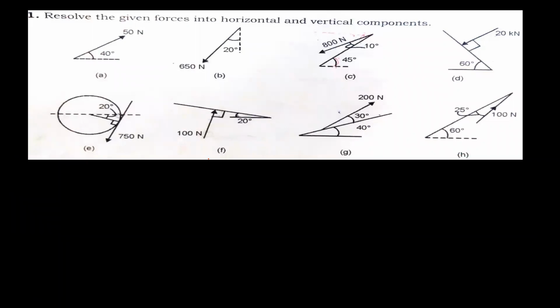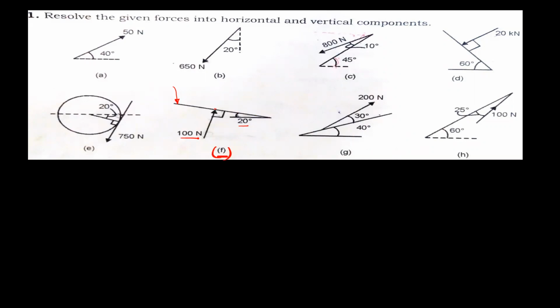So here in the problem, the force given is F, which is 100 Newton. This force vector is perpendicular to this inclined surface, and this surface has an inclination of 20 degrees with respect to horizontal or ground. So we have to find the x and y components for 100 Newton. In the given diagram, the x and y axes are not given, so we have to assume the x and y axes.